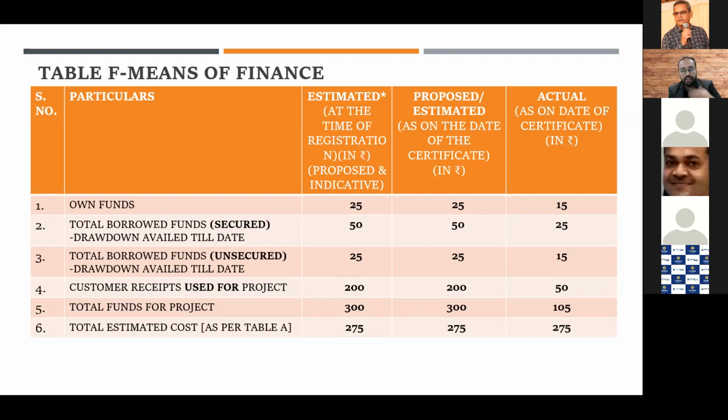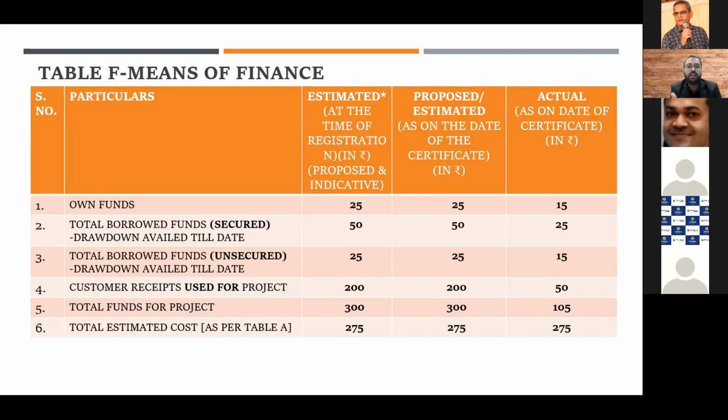Next we have to certify is table F, which is called means of finance. How will the developer arrange the funds? But here at the time of registration, I think nobody has estimated all these things. Correct. So then again, we'll have to mention that these figures are not available. Yes. So here, they have given two different estimates. पहला है at the time जब first time मेरे पास आया वो form 3 लेने, I have to take the estimate. What is the estimated or proposed, and they have put in the bracket that indicative.